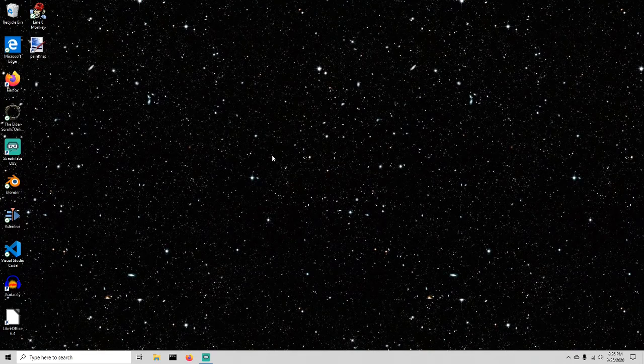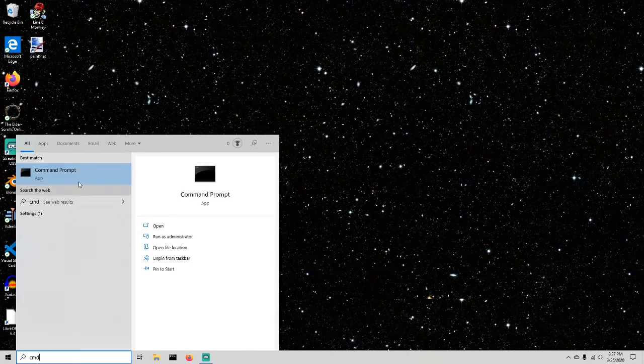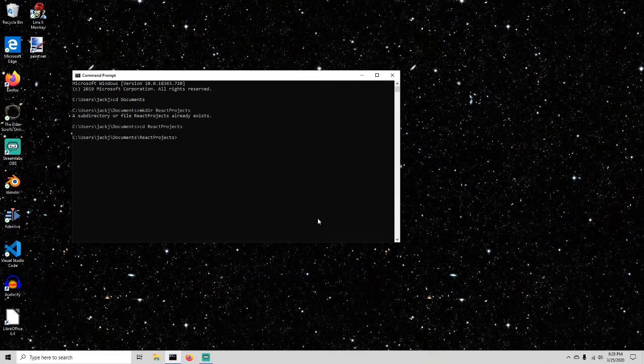The next step is to open the command line. Usually, I would just click right here, but since this is for beginners, you may not know where to find it. Simply type right here, cmd, and there it is. I like to create a directory to organize my projects, but you do not have to do that. Now that I am in the directory I would like to create my project in, I will do just that and create the project. Type npx create-react-app and then the name of your project, so I will use learn-to-code,